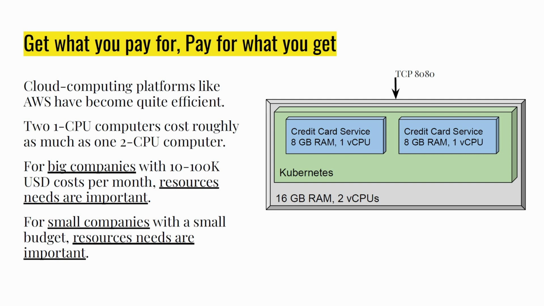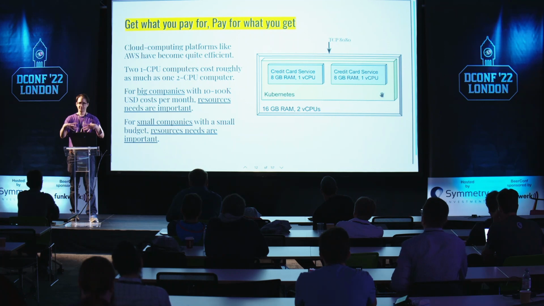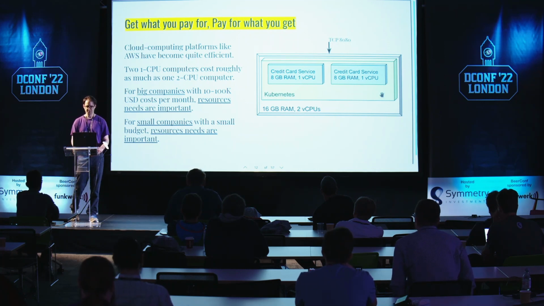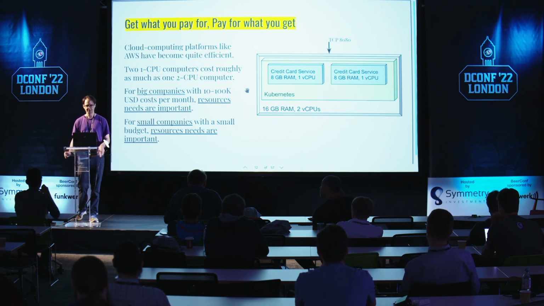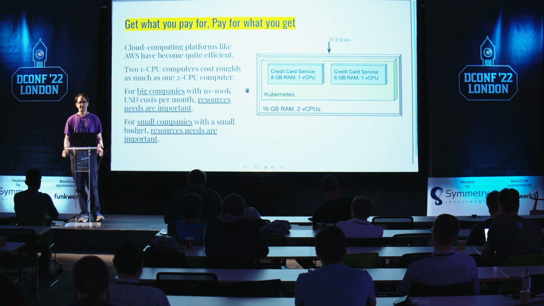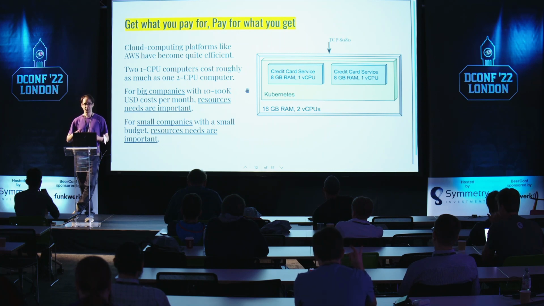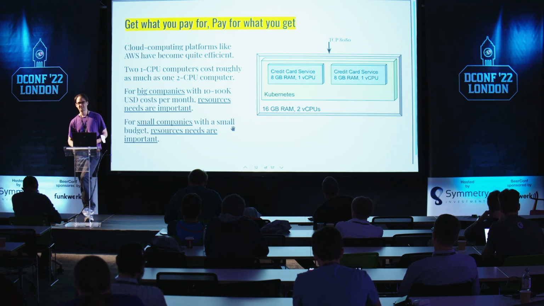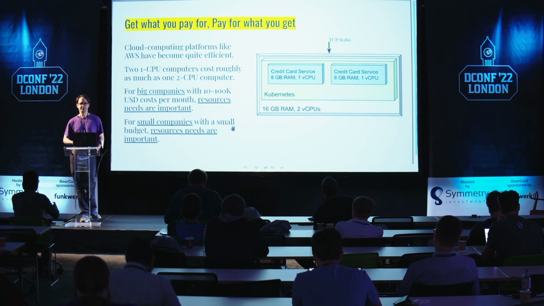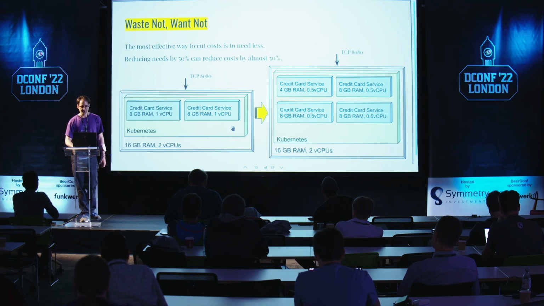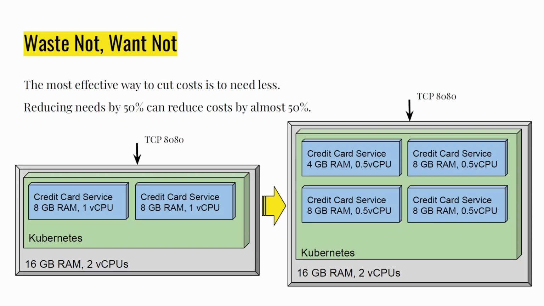So the savings that you thought you were going to get from just bundling everything onto one computer aren't as big as you might think. And for large companies, you can end up in situations where 10 to 100,000 US dollars per month is not uncommon. So any amount of money you can save just out of sheer scale ends up being a lot of money, which translates into being able to hire more engineers for the amount you're saving. And for smaller companies, there's also an appeal for efficient services, because with small companies, you don't have that much money, so any little bit that you can save adds up pretty quickly. So the idea of using a system level language is waste not, want not.